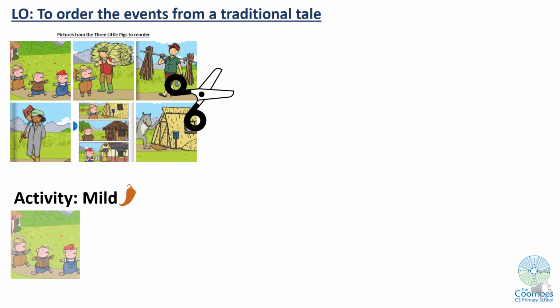So for the mild activity, you're going to cut and stick the pictures just in order, like a text map or a story map. So you'd find the first picture. They are in order on the sheet, so I would suggest cutting them all out first, then sticking them in the correct order. So cut out the first picture, stick it down, draw a little arrow,